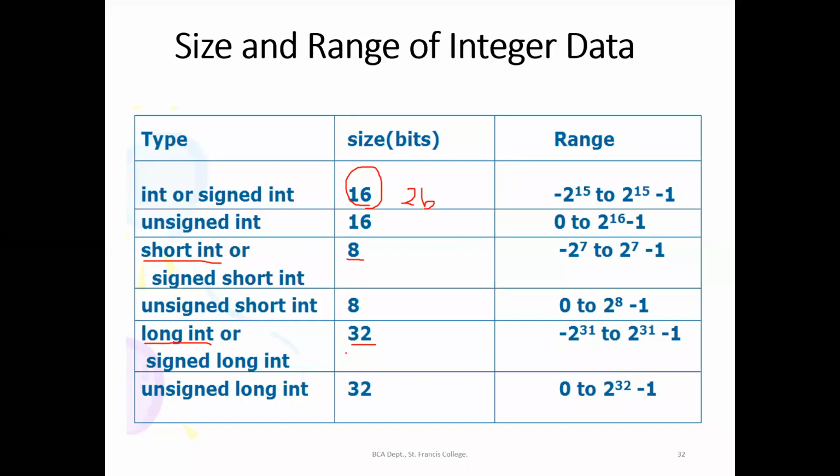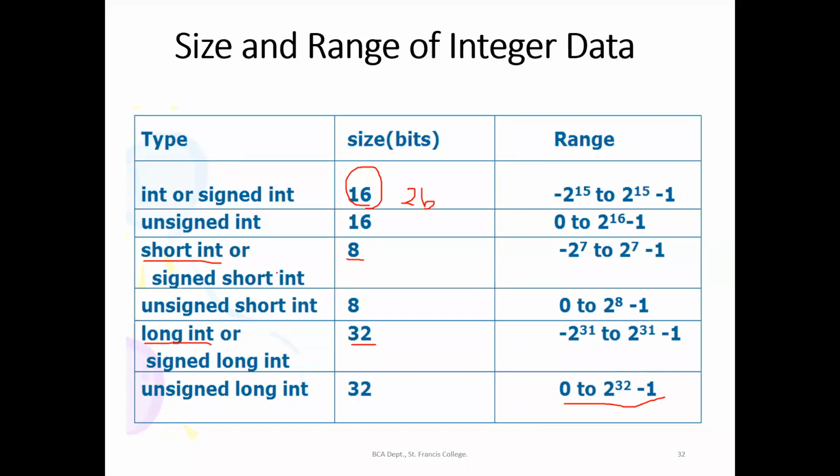In the calculator, we have to see what is 2 raised to 32. That much big a value we can store, that is 2 raised to 32, right? If I am giving 1 bit for sign, then we have to reduce. So 1 bit will be reserved for sign. Similarly, unsigned long int means we can store from 0 to 2 raised to 32 minus 1.